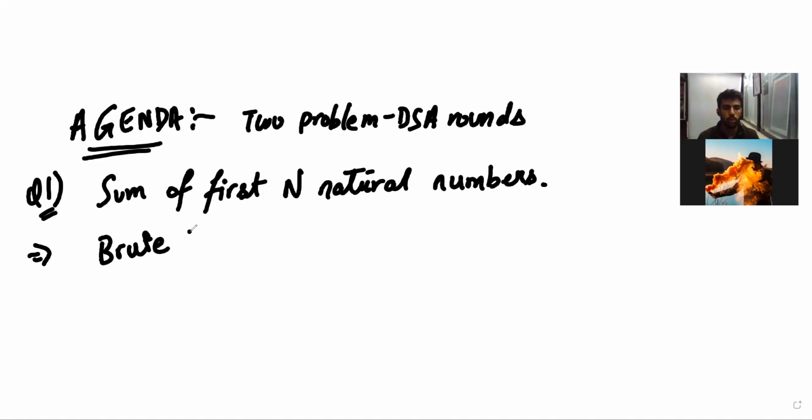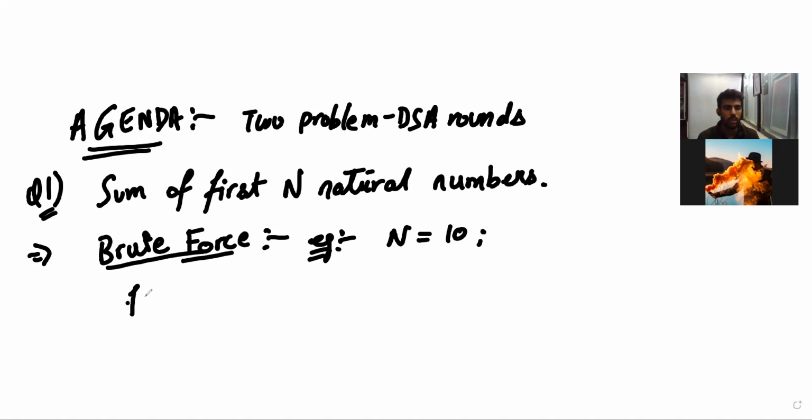We start with the brute force approach. What's the first thing that comes into our mind? Suppose let's take an example. The number n that is given to us, let's say we need to find the sum of first n natural numbers, right? So like you already mentioned, we can start doing this by